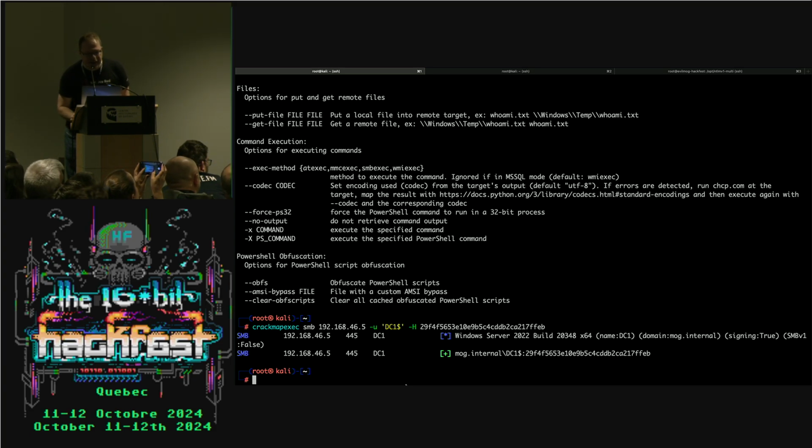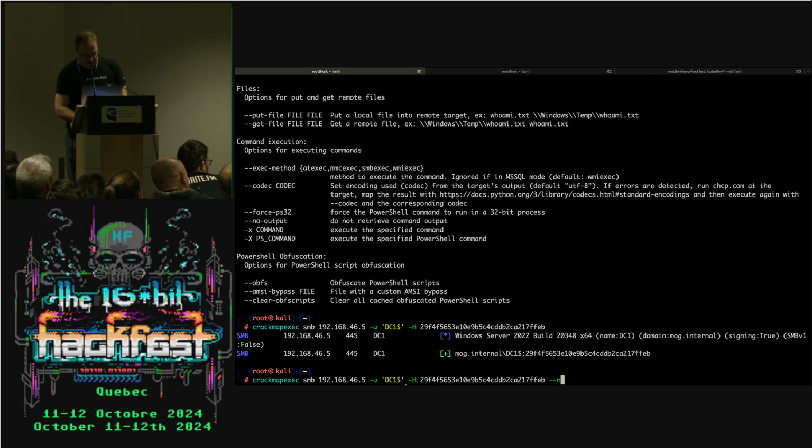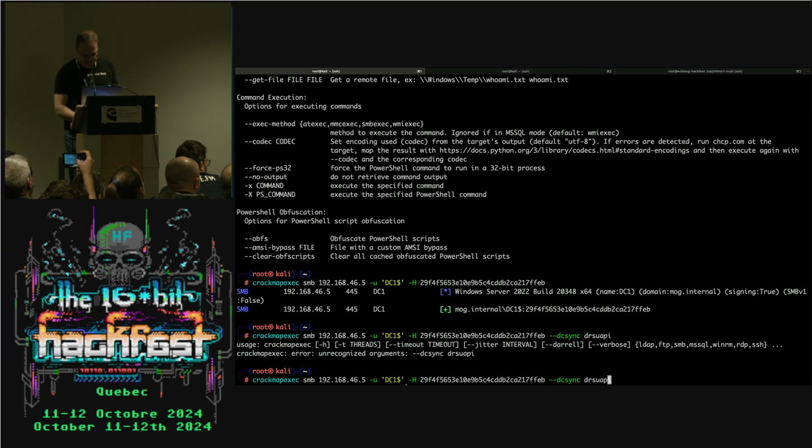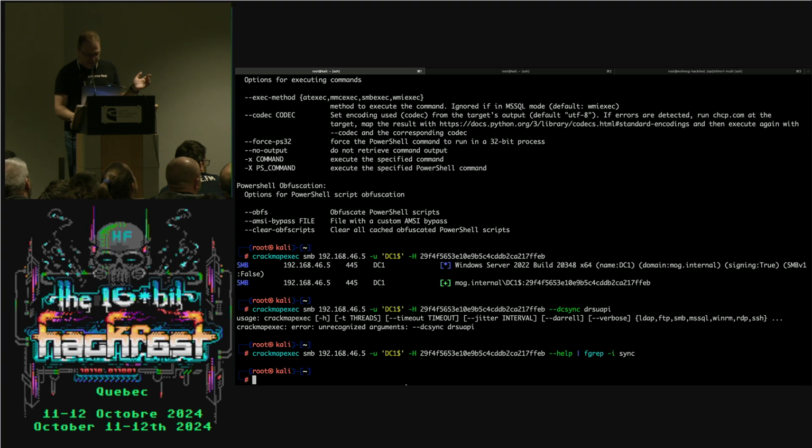Cool, so this cracked. Now, what can we do with that? Well, NTDS, DC sync. All right, one sec. It should be DC sync, yeah. Help, fgrep -i sync.